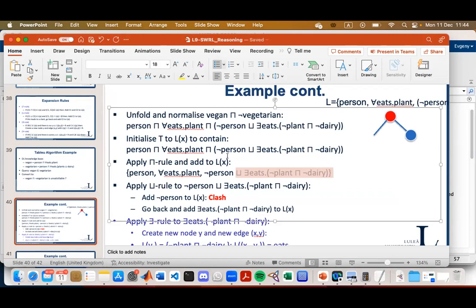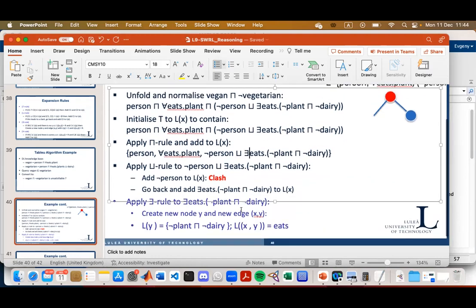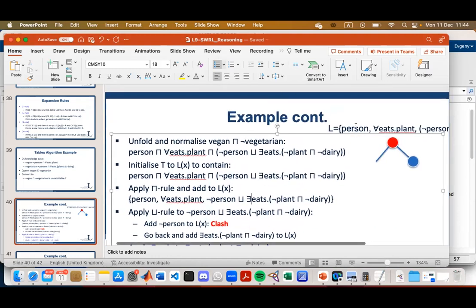So now it analyzed this thing, and now it tries to work with the second concept in the union. So to do that, let me just copy this thing.